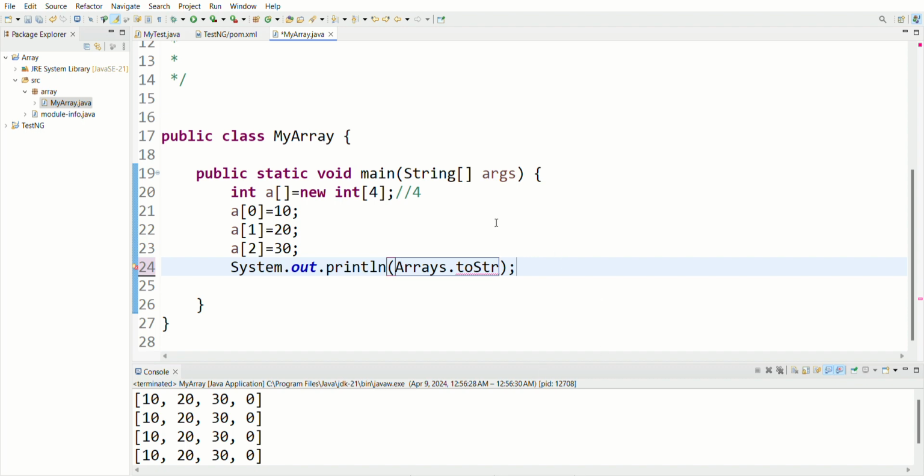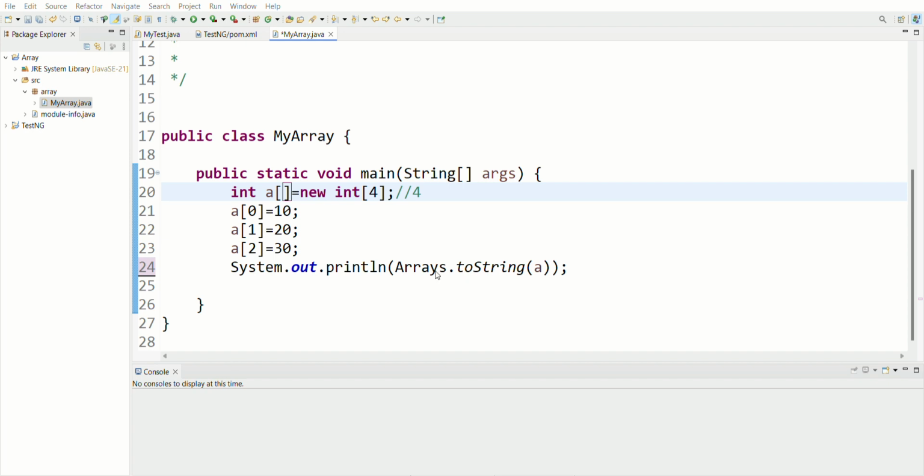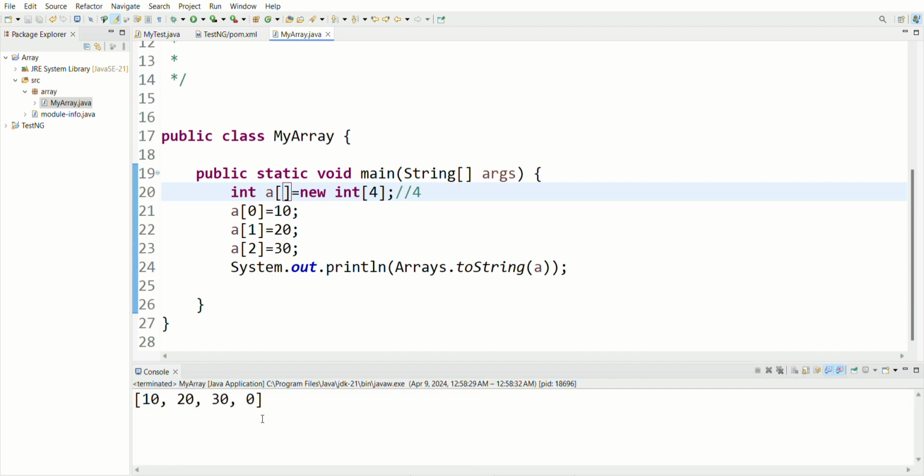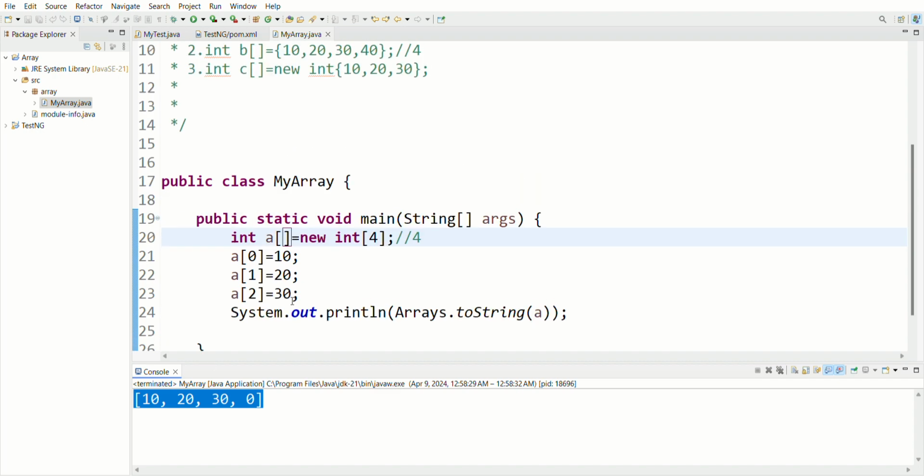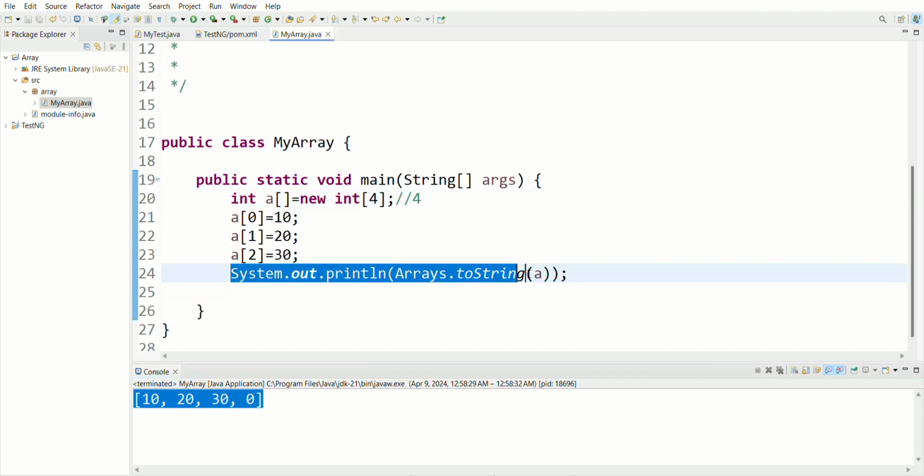Now you have to select which type your array is. My array is of integer type, so I am choosing integer, and a is the name of the array. Now when I print this, all the elements of the array will be given here. Got it? This is the way to print all the elements of an array.